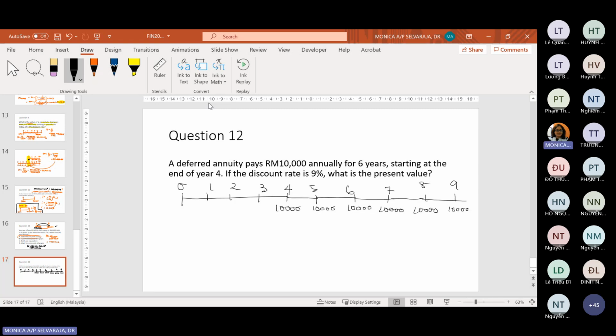So 6 years, I'm investing. 1, 2, 3, 4, 5, 6. Okay. So at the end of year 4, what is the present value? First, you calculate the present value to year 3. So now you must use PVA first. So PVA is